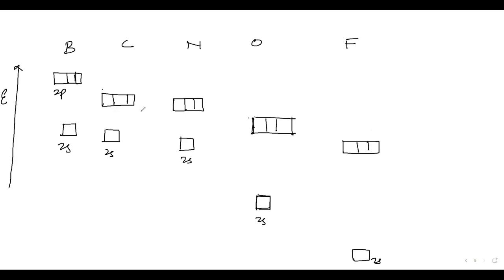Now, are you comfortable with this diagram? Each and every one of you? Sir, I'm seeing it for the first time, so I'm just guessing. But you know, this 2s is getting down. Why is it getting down? Because Z effective is increasing. 2p is getting down because why? Z effective is increasing. You don't have to think so much. Just see, attraction increases, that is why energy is released. It is very basic first principles. Just keep that in mind.